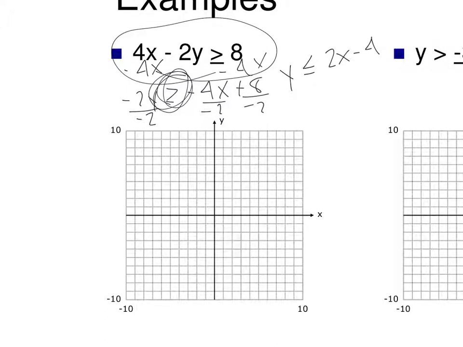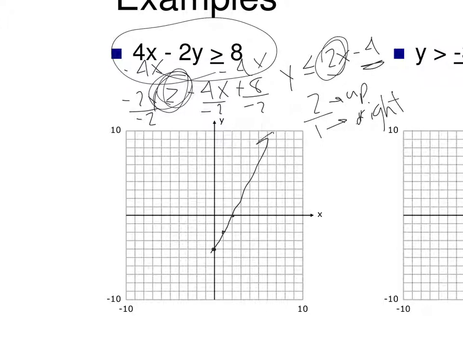All right, so let's look at this. We're going to go down 4. So 1, 2, 3, 4. That's right there. And then we have to do a slope of 2, so that's 2 over 1. So we need to go up 2 and then right 1. So up 2, right 1, up 2, right 1. We're going to look like that. Now, this is less than or equal to, so that's a solid line, so it's going to look something like that. All right, so we need to pick a point again, so we're going to pick 0, 0